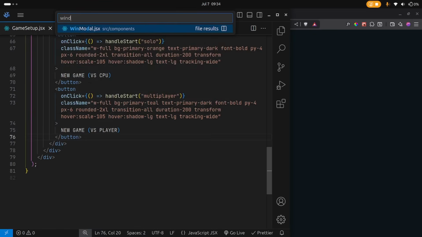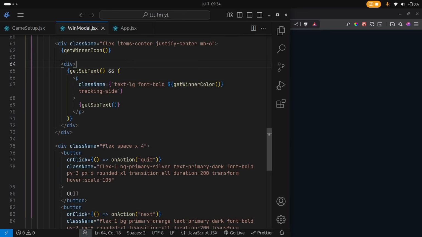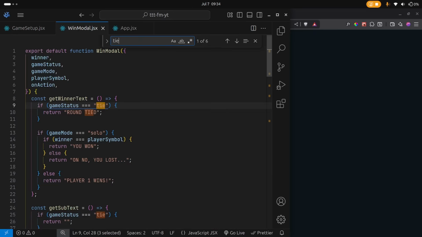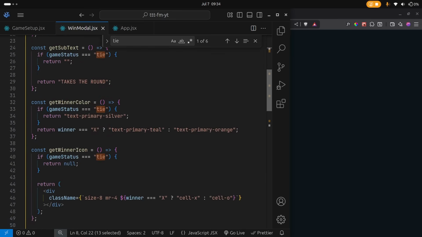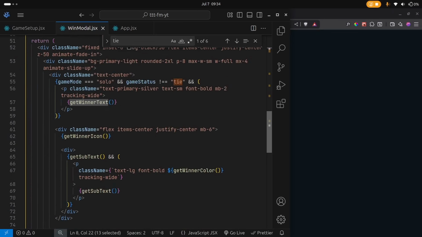Win modal should show some text if it is a tie. Round tied, is this not getting displayed? Round tied, get winner text. I think it was on the H2 that I removed probably. Get winner text. Yes, it should show this. Game mode is equal to solo, game status,